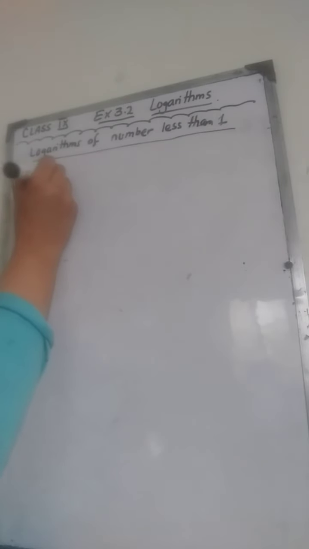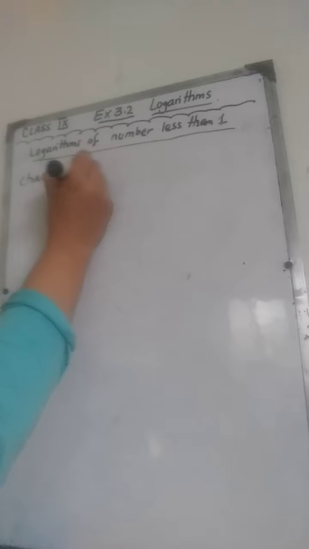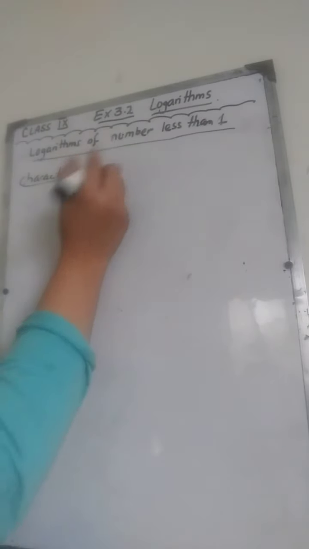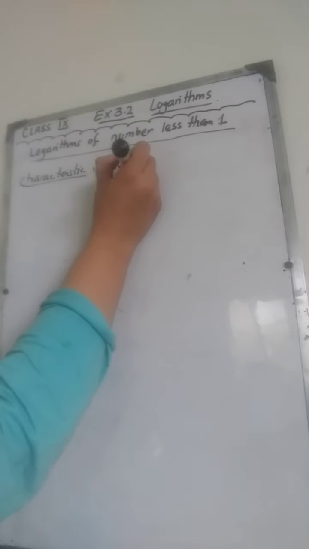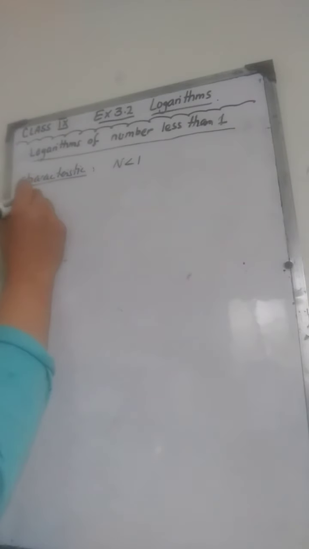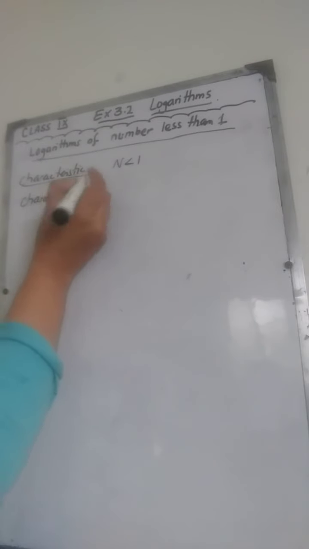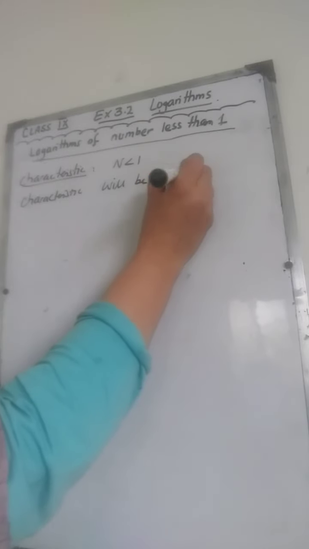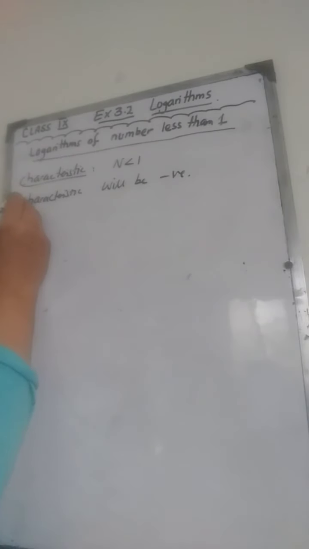first let me write down the technique of finding the characteristic. If a number is less than 1, then the characteristic will be negative. This is the first thing you will remember, and the second thing is that it will be one more than